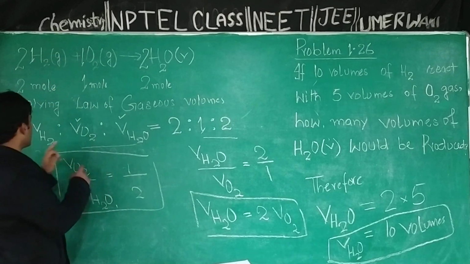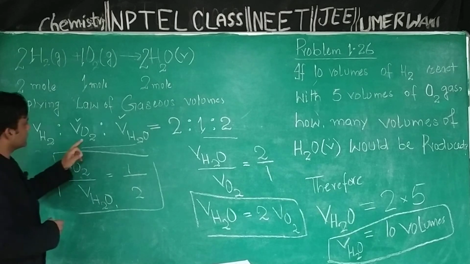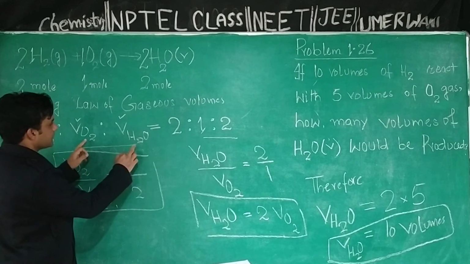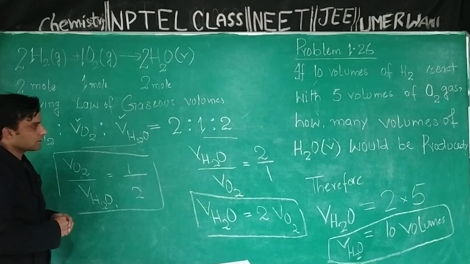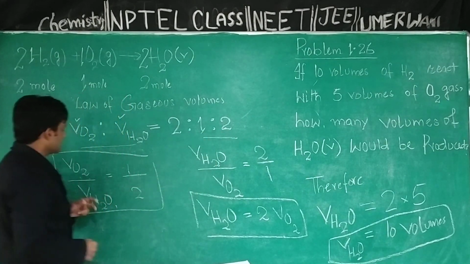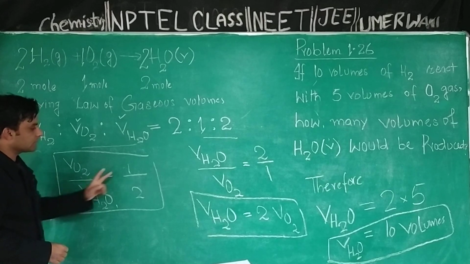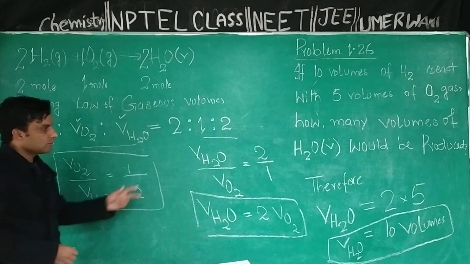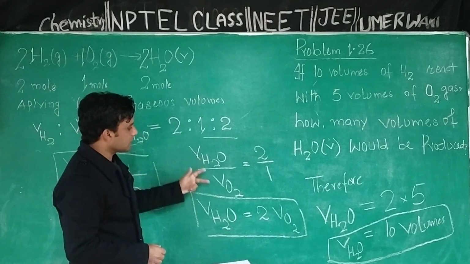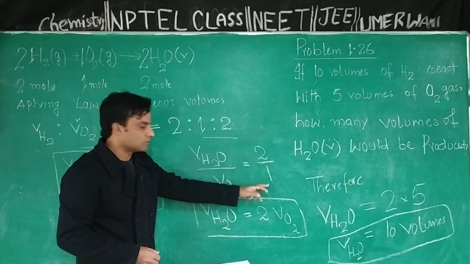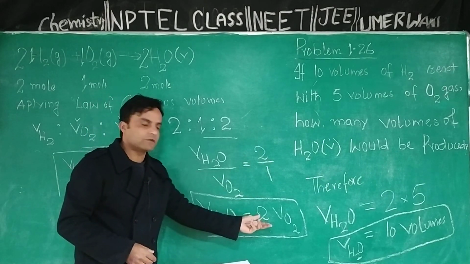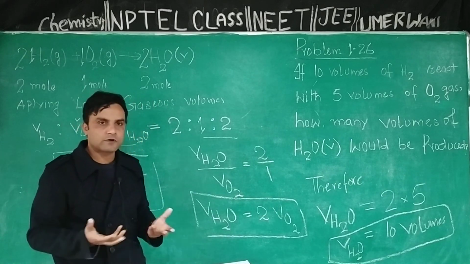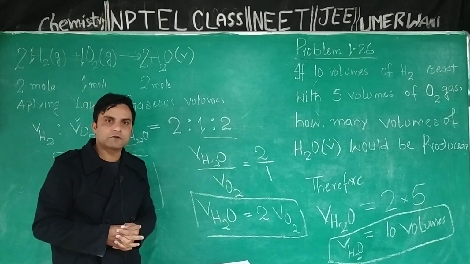Now, given was the volume of hydrogen and volume of oxygen, and we had to calculate the volume of water formed. I used the definite relation between the volume of oxygen and the volume of water, which is 1:2. I wrote that the ratio of volume of oxygen and volume of water will be equal to 1:2. I took its reciprocal because I had to find the volume of water, and I got the ratio of volume of water and volume of oxygen as 2:1, so the volume of water formed during this reaction will always be twice the volume of oxygen taken. The volume of oxygen taken was 5 volumes, therefore I got the volume of water formed as 10 volumes.